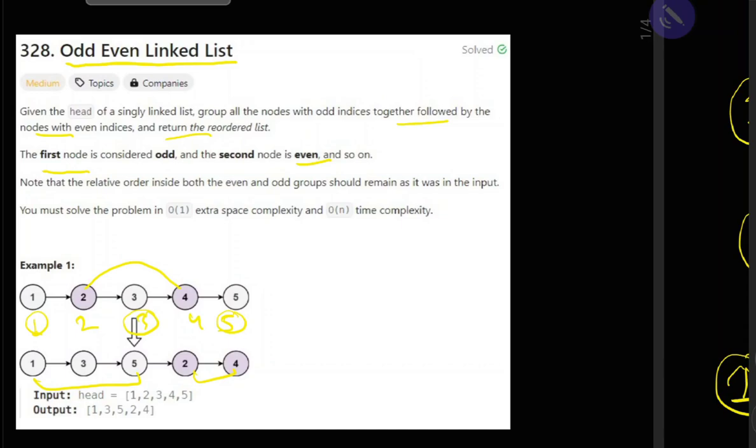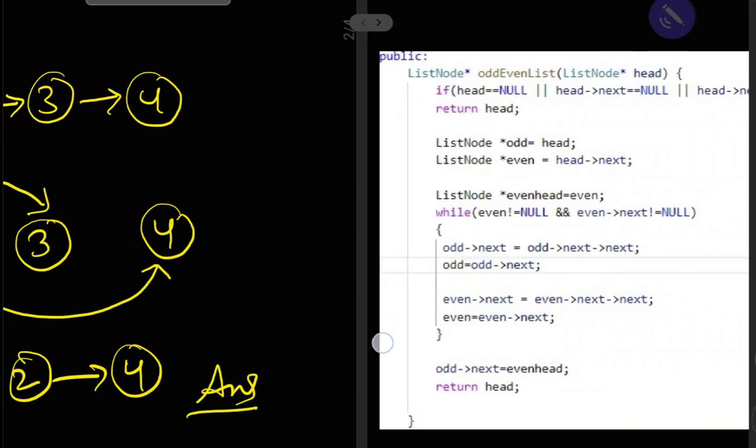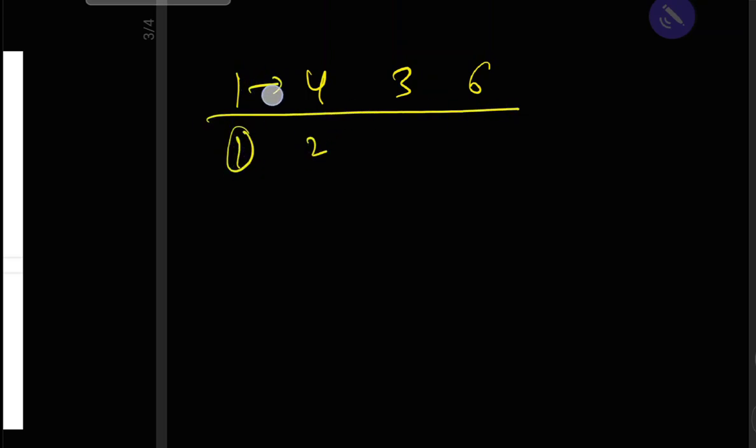In this example the indexes are the same as the node values, but consider 1, 4, 3, 6. These are the elements of the linked list, and these are the indices.